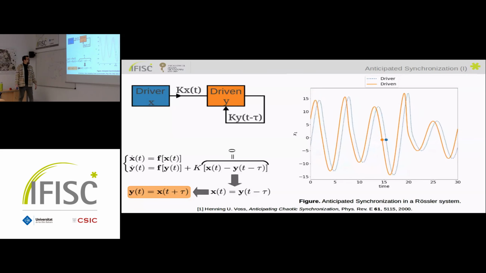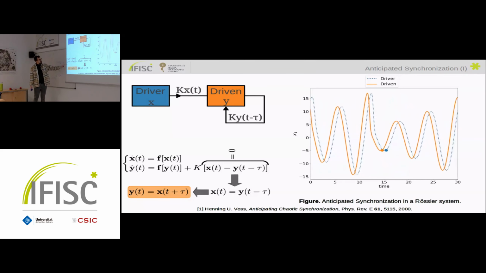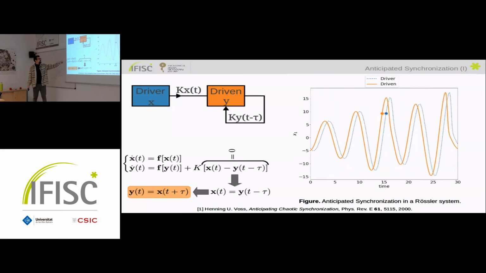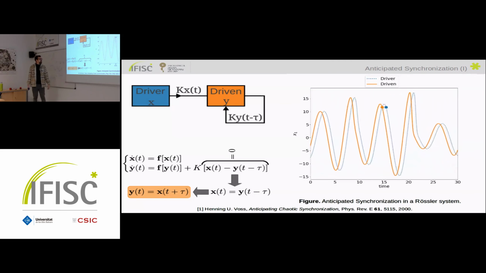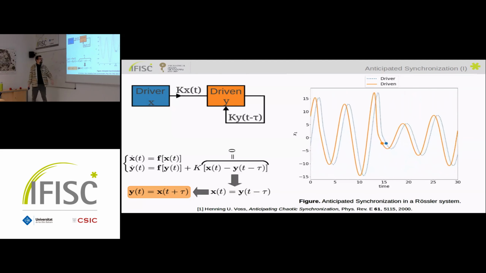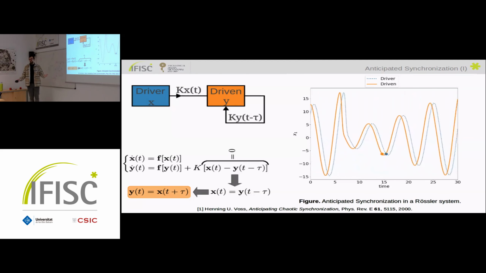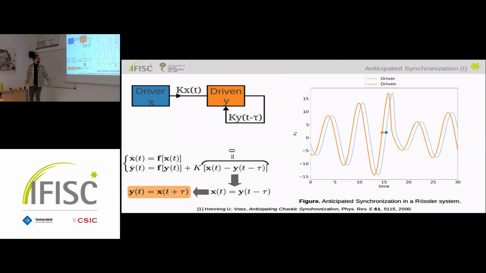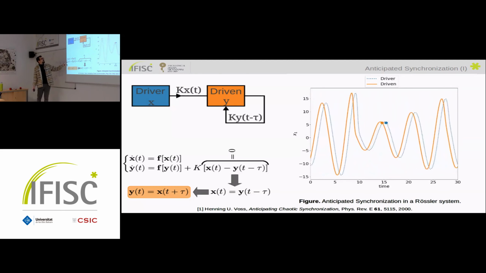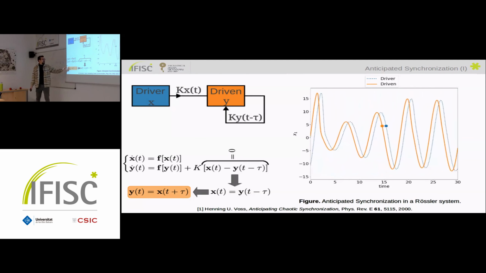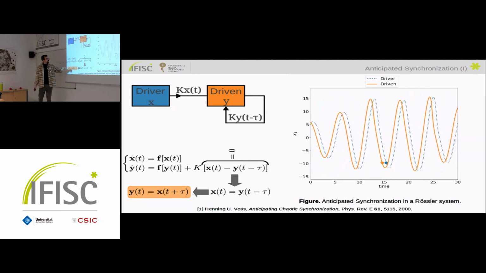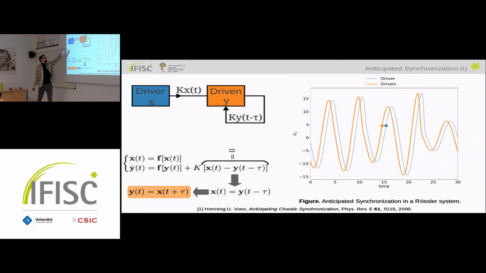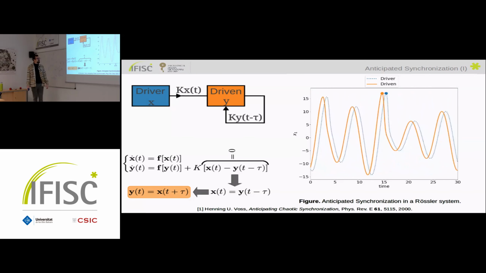So in general, the equations for this kind of anticipated synchronization look something like this. So this over here will be the driver system, and it will be given by an arbitrary function, f, which can be a linear function, but can also be a chaotic or an excitable function, as we will see later on. And here we will have the driven system, which has, again, the same function with the same parameters, plus some coupling, which is the coupling that we have discussed before.